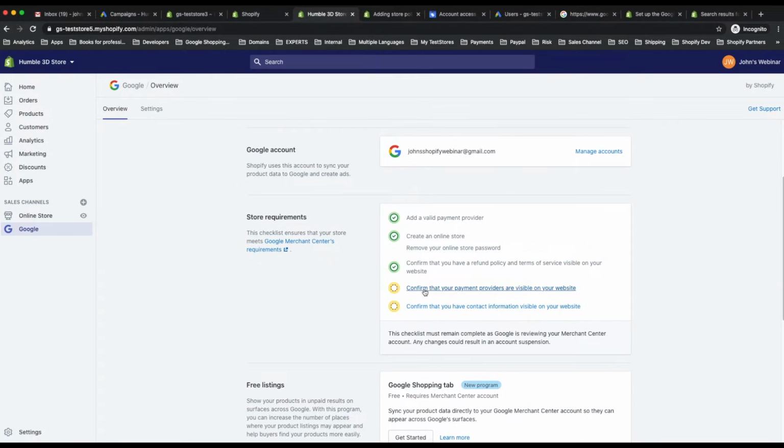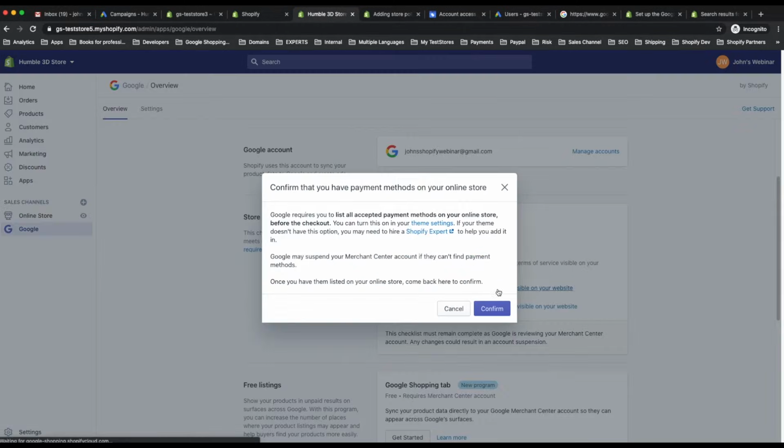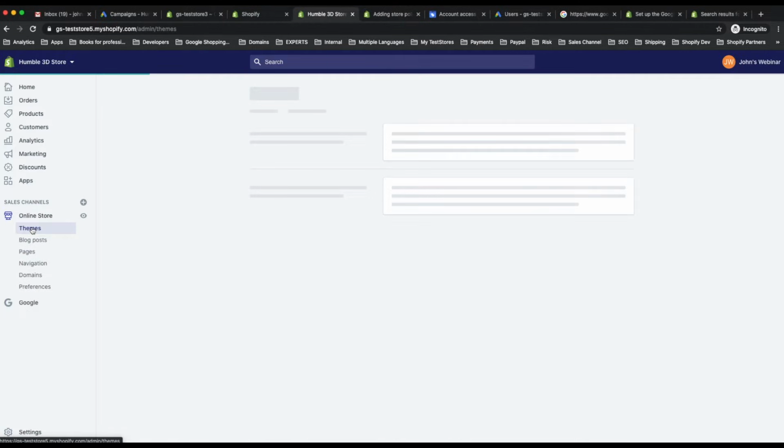So now we confirmed that, and now we see the next item here is confirm that payment providers are visible on your website. This refers to payment icons specifically, and there's a quick link here to get you to your theme settings, so you can make sure that you are actually displaying payment icons on your store. So I'm going to go to theme settings here,